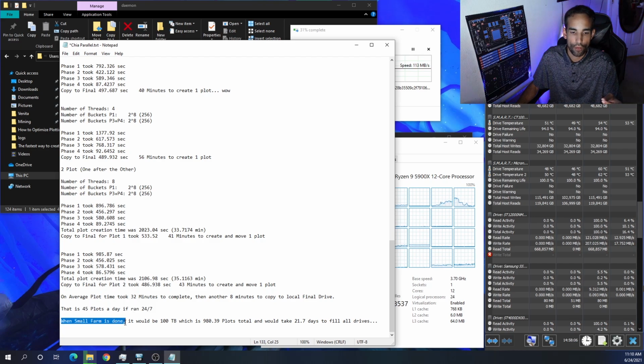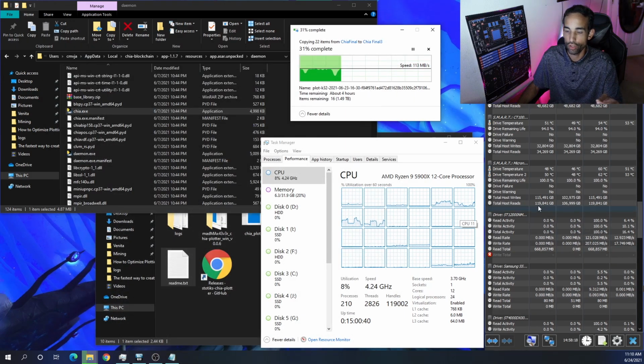With my small farm, when it's done, it will be 100 terabytes total, which would be 980 plots. And that would take me up to 21.7 days to fill all the drives that I'm looking to get. But something else I want to share with you is, during the process of plotting and testing, I had a